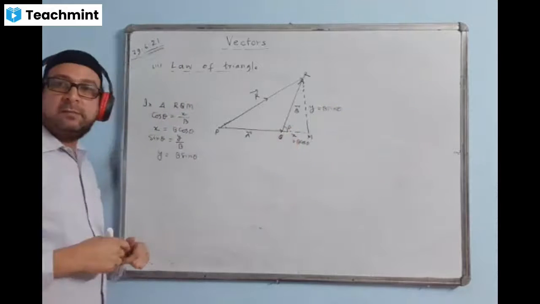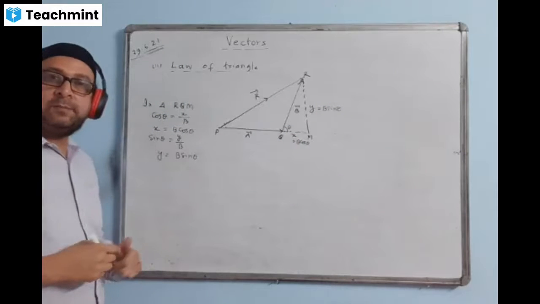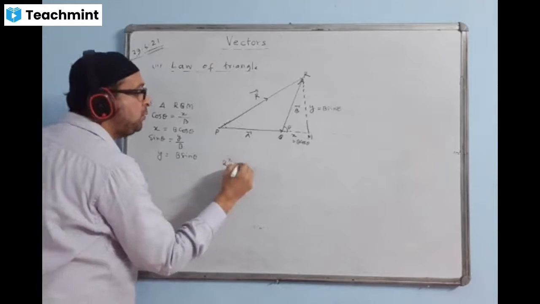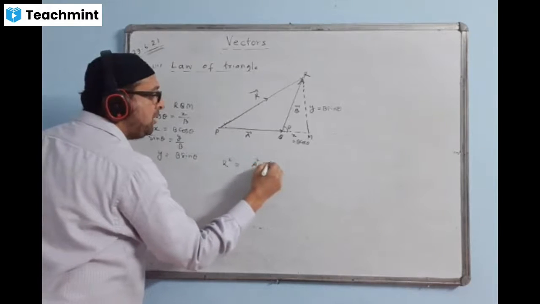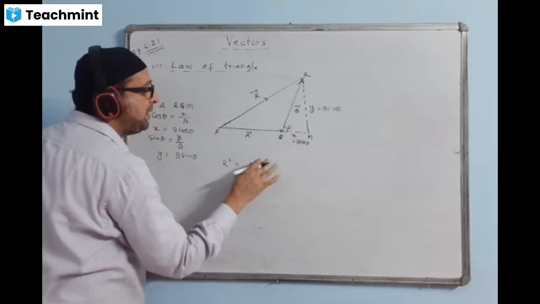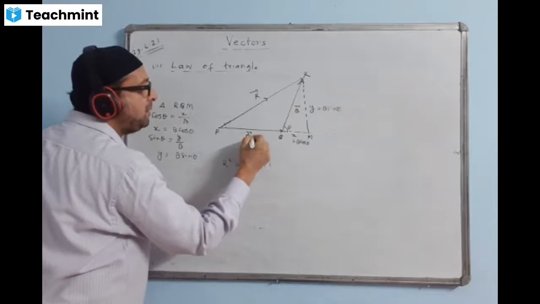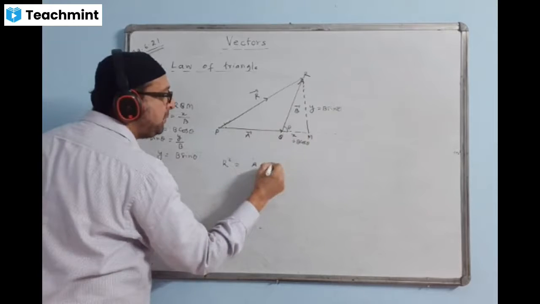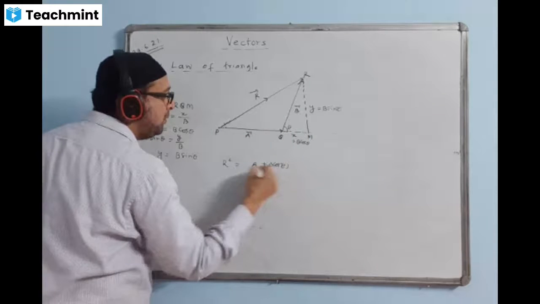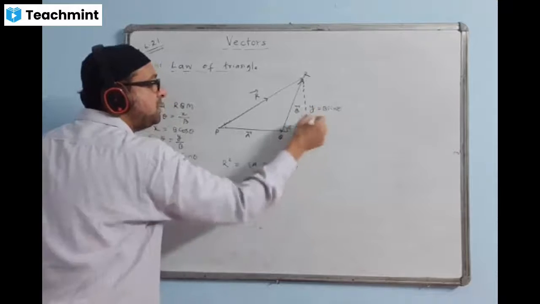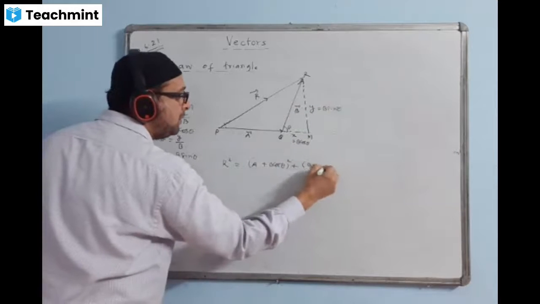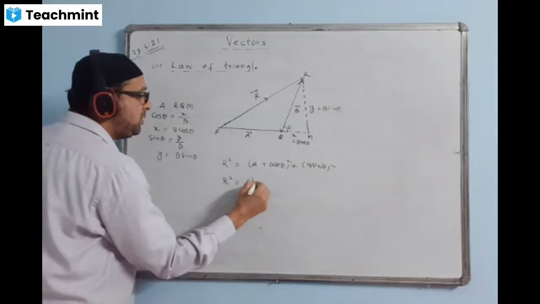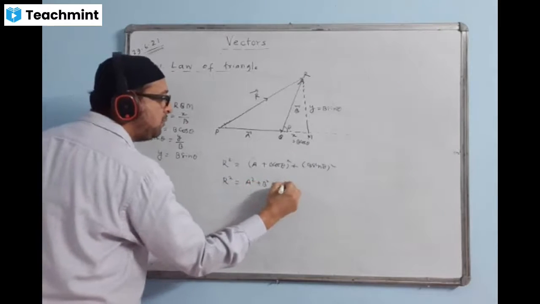The rest of the work is the same as yesterday's law of parallelogram. We are using the formula R square is equal to the sum of squares, Pythagoras theorem. The magnitude of A is A. So the total magnitude from here till here will come A plus B cos theta, A plus B cos theta whole square. This is perpendicular, that means B sin theta whole square. And now you expand and you get the same answer. R square is equal to A square plus B square plus 2AB cos theta.